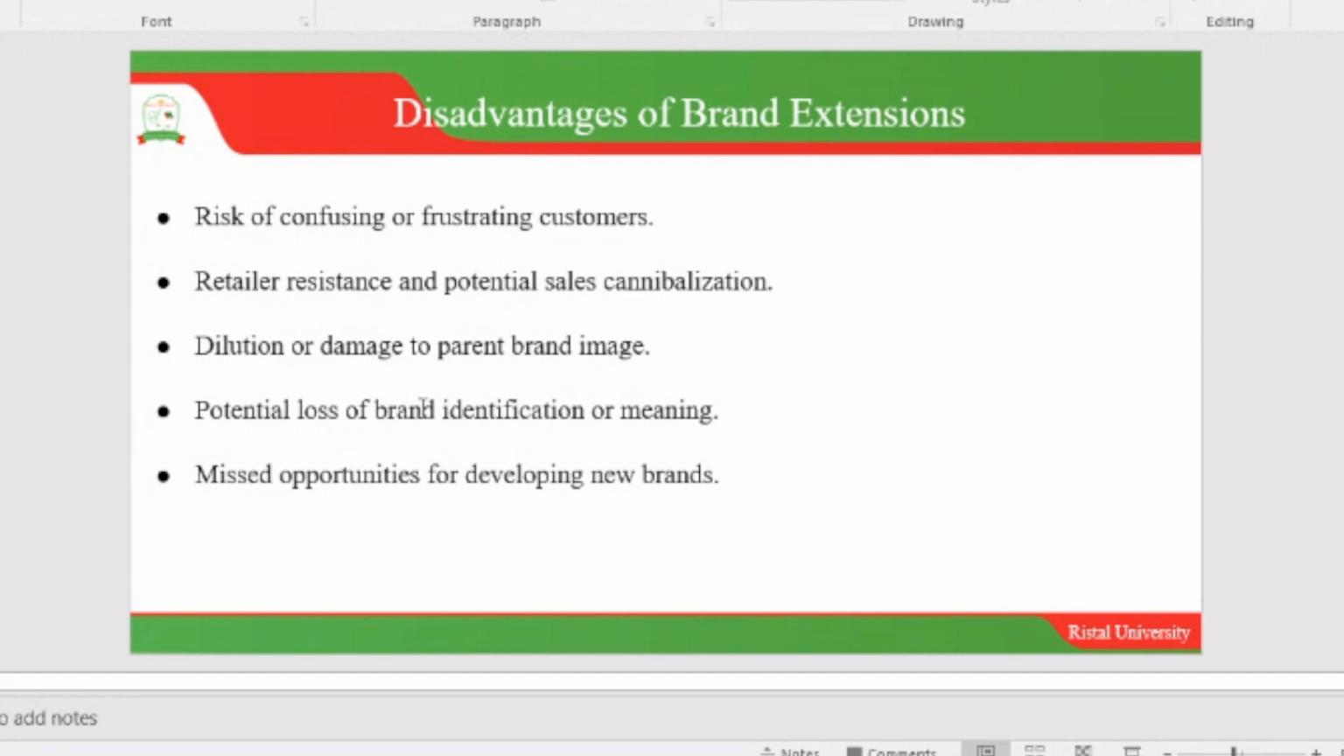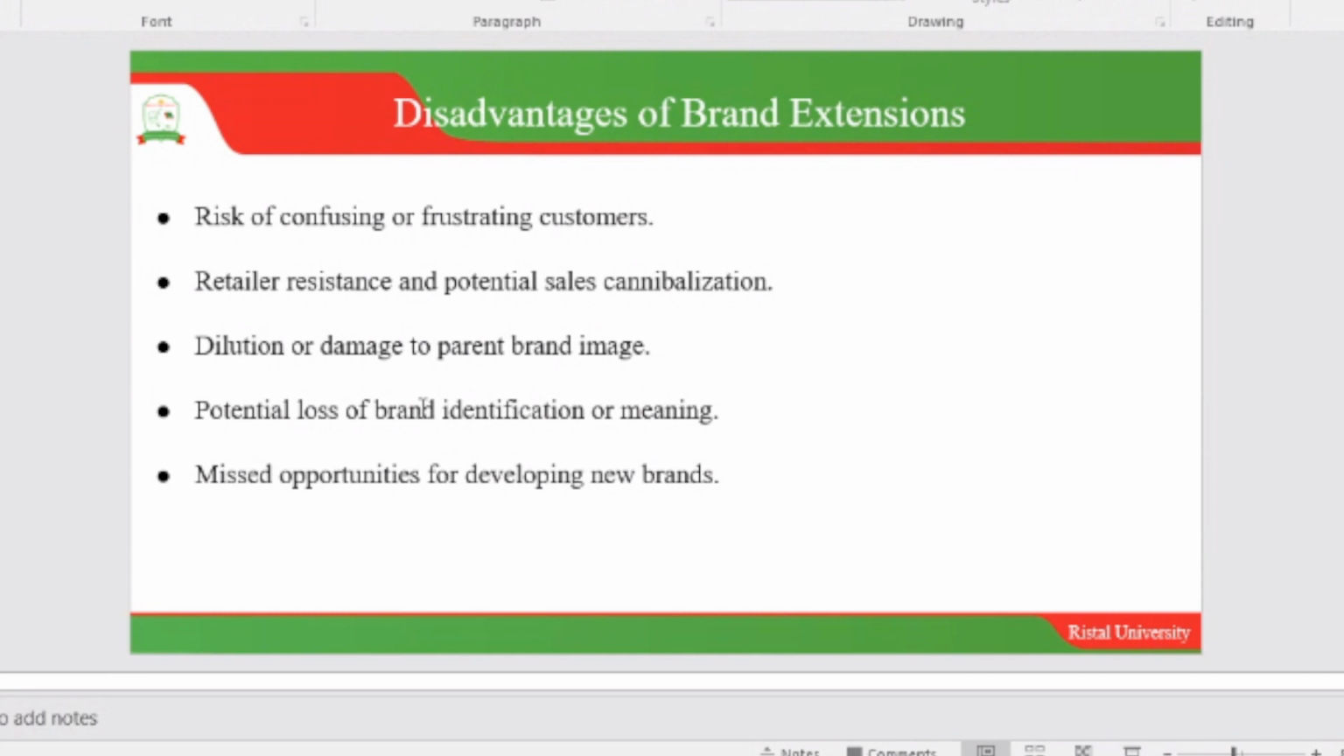One is the risk that customers may not like your new product again. It happens with football jerseys or kits. This season, another one is produced by Adidas. The next one, another one. So sometimes the customer is confused and becomes frustrated. But also, there is retailer resistance and potential sales cannibalization, because the retailer can decide not to sell certain products